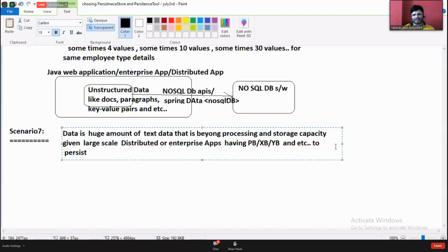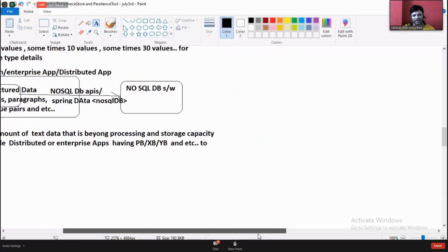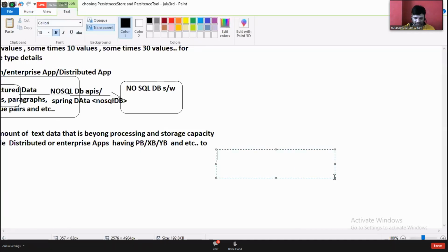To persist petabytes, exabytes, zettabytes. Please, don't make me write small things. PB, then EB, ZB. My spellings may be wrong, you can check. YB.